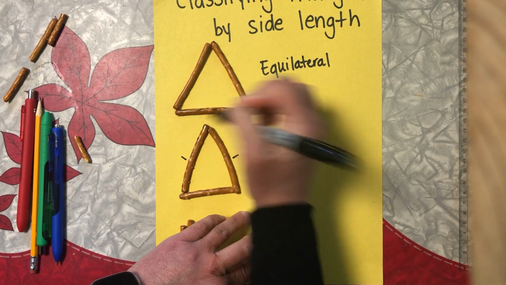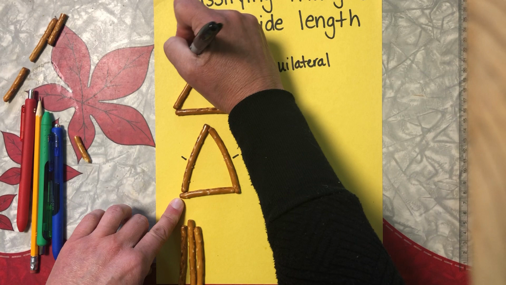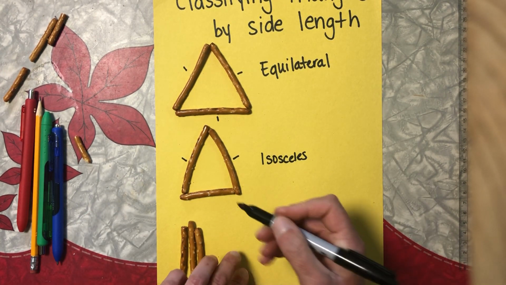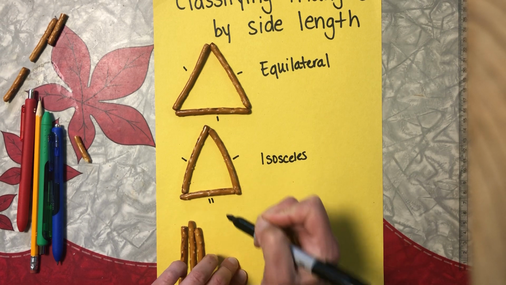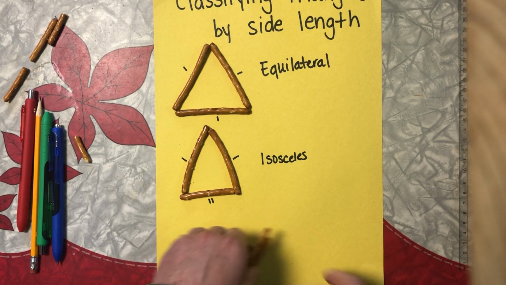These side lengths are the same, and this one is different. Just like here, all 3 were the same. That's why I make those 3 little marks. This one is different, so I'm going to give it a different mark. And then last but not least,